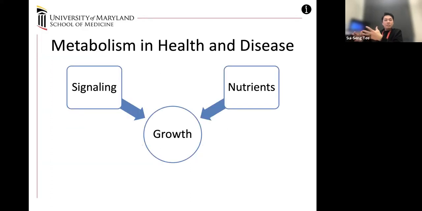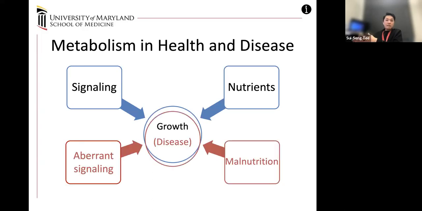So this connection between signaling and nutrient availability has guided my view in research, right? And on the other side of the mirror is when signaling goes wrong or when there is overnutrition or undernutrition, these states cause a disruption of physiology, and that's how we move into the realm of disease, right? So to be able to answer these questions about the interconnections between signaling, nutrients, and health and disease,